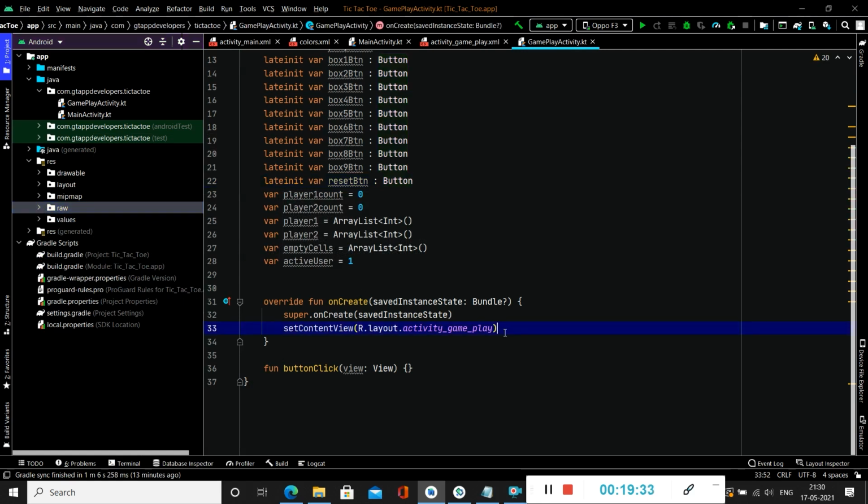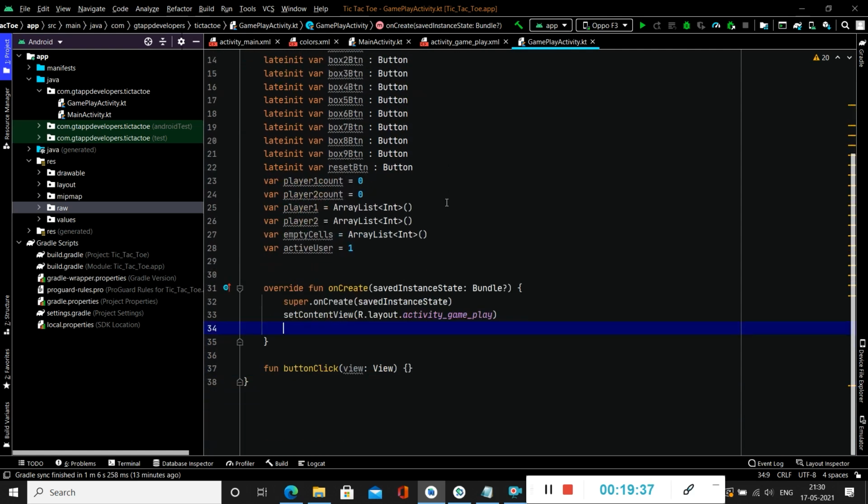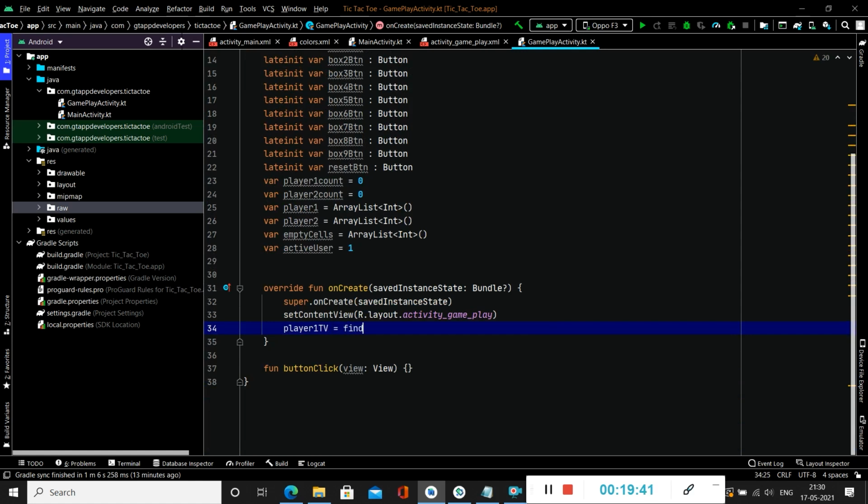Now we have to initialize all the variables which we have created. To initialize them, we simply initialize them with the IDs which we have given.